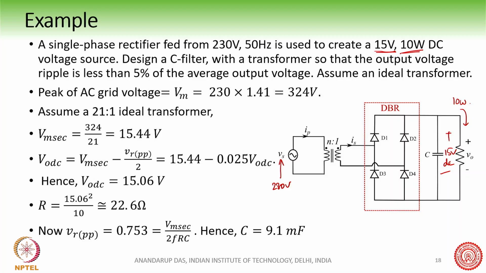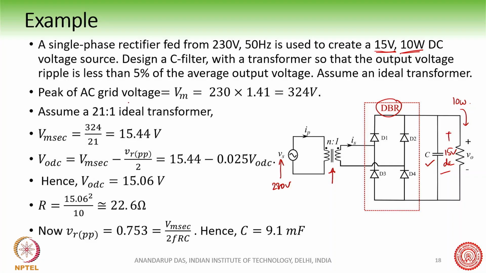In many cases this kind of small application, these rectifiers are very frequently used, because the power level is small. This is a very cheap solution, very readily used. So what we can do here is use a transformer. In many cases the transformer helps in isolation, which is needed. We have a transformer, a diode bridge rectifier and a capacitive filter. We can design the value of C and find out the peak to peak ripple on the output voltage.